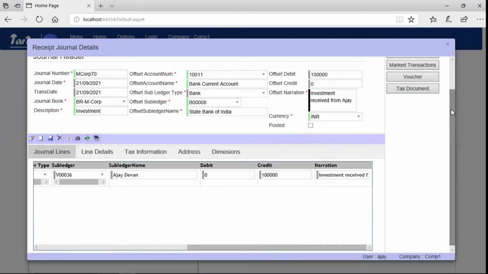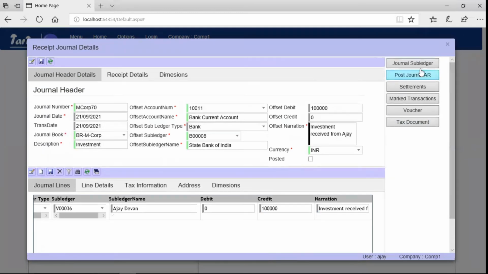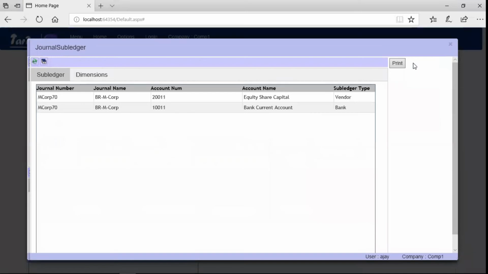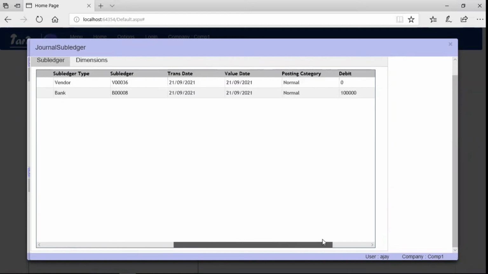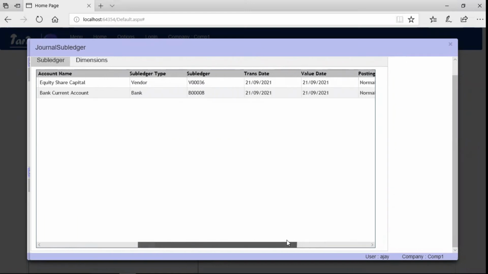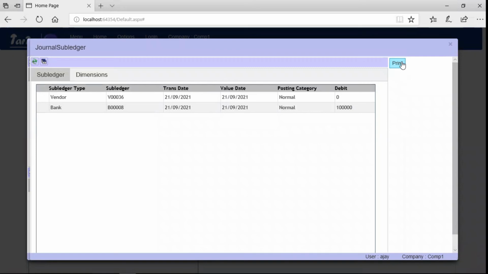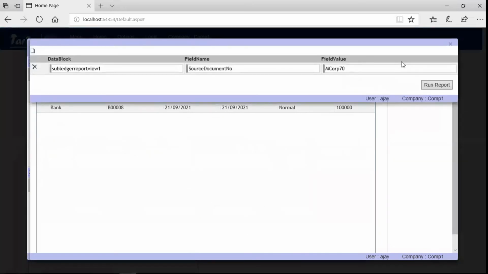Click Journal Subledger. We could see the accounting entries generated out of this journal. Now click print button. We can see the printable format of unposted voucher.